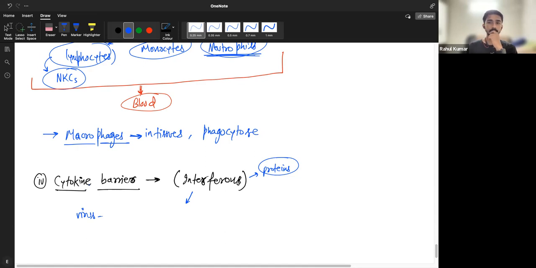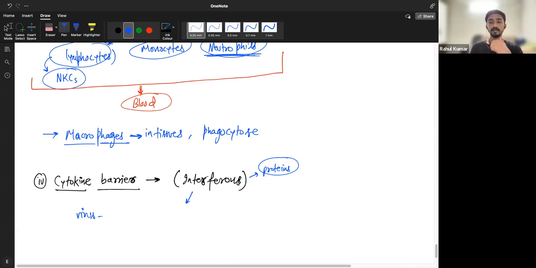Okay, so interferon, there are also something called interleukins, IL, which I think is not in the scope of your syllabus, but there are interleukins and interferons. Interferons mainly are produced in response to viral infections, and if it is a toxin infection or any chemical substance, interleukins are also produced if a bacterial infection happens. So bacteria is a living cell, but a virus is not a cell. It is a particle which is non-living outside the host and starts multiplying in the host.